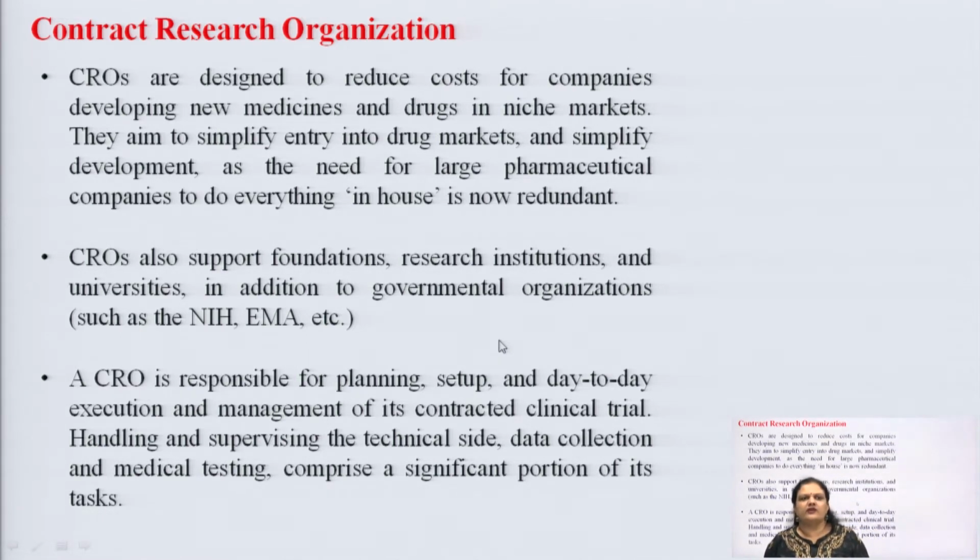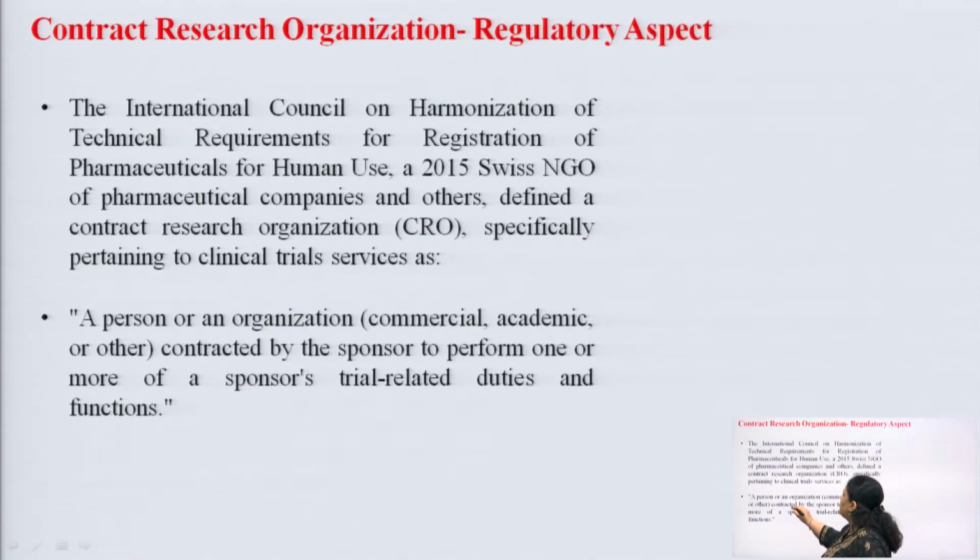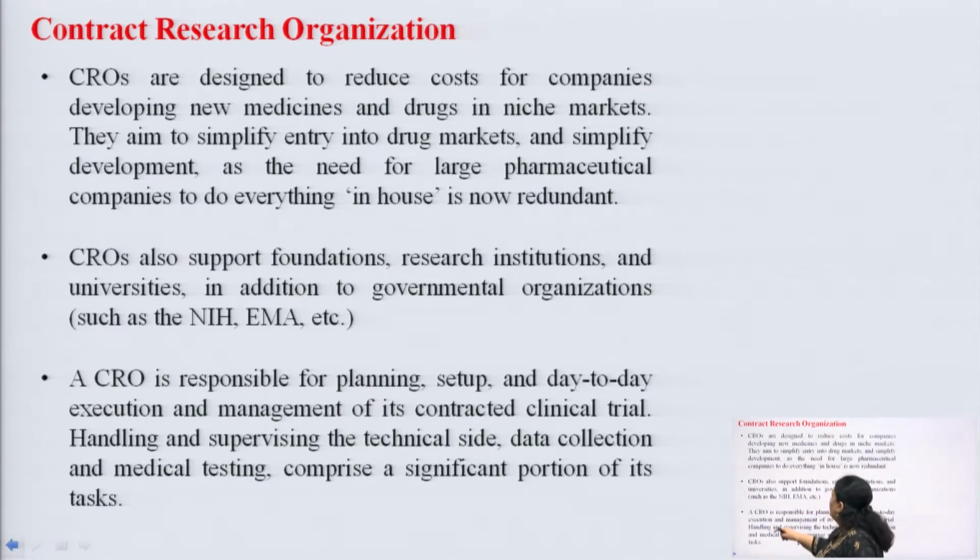So, a contract research organization will also support other foundations apart from clinical research, any other research institutes and universities. In addition to governmental organizations, it is also working for NGOs, non-governmental organizations. Apart from that, it is also helping NIH and EMA. NIH is the National Institute of Health, and EMA is, students,